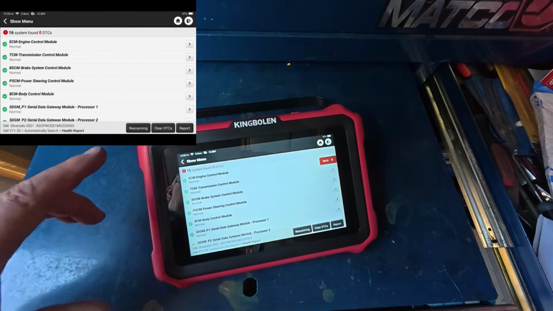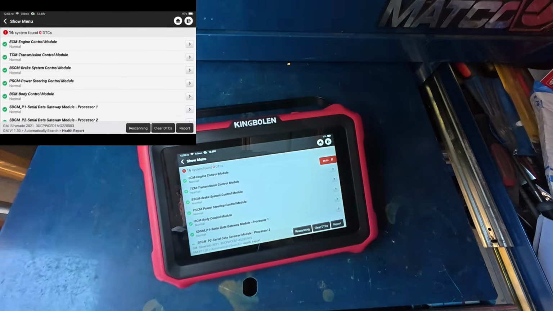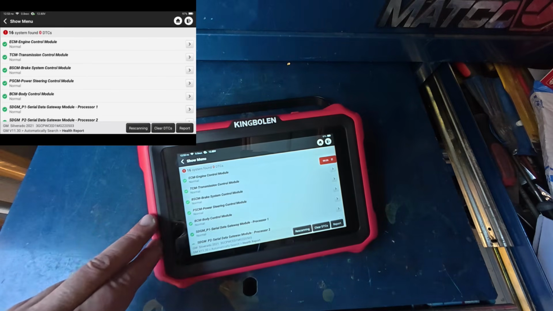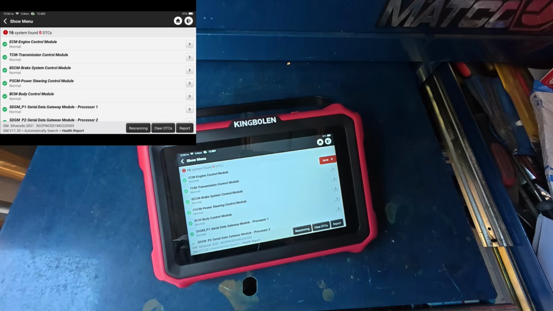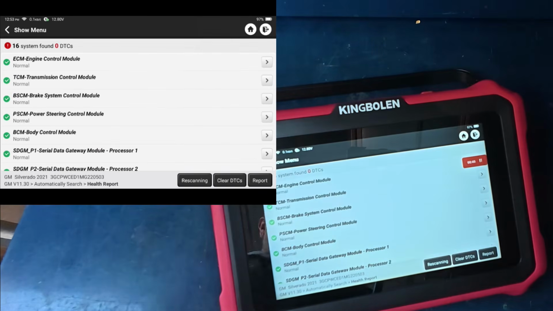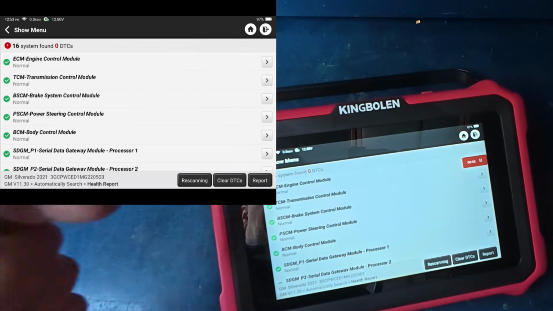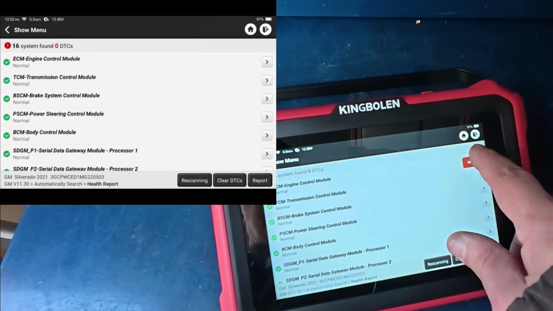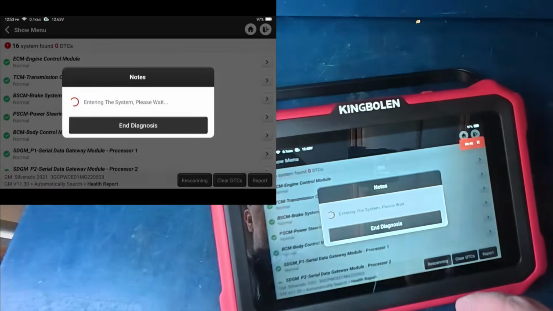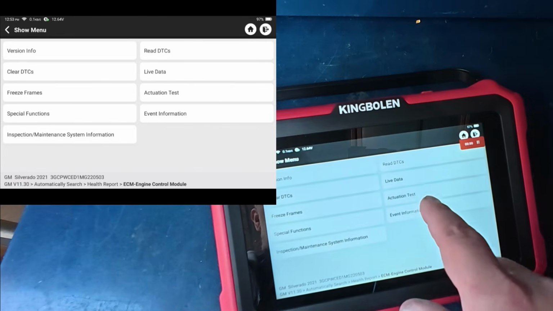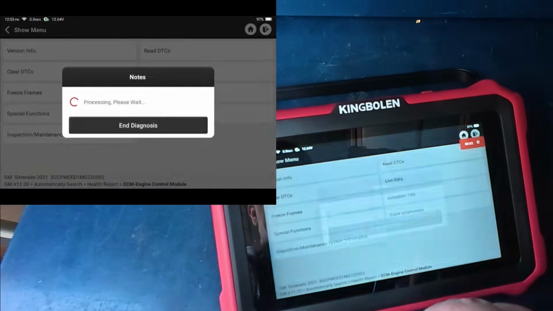So we have the Kingbolen K8 Pro here, and I want to show you a feature that you can use this scan tool for to diagnose your high pressure fuel injectors on GM vehicles. This is a 2021 GM Chevrolet Silverado, got the 5.3 liter engine, and we're going to go in here into the ECM actuation test,